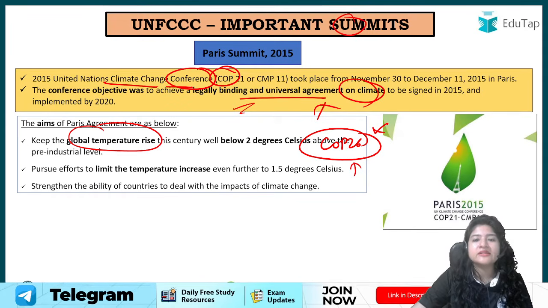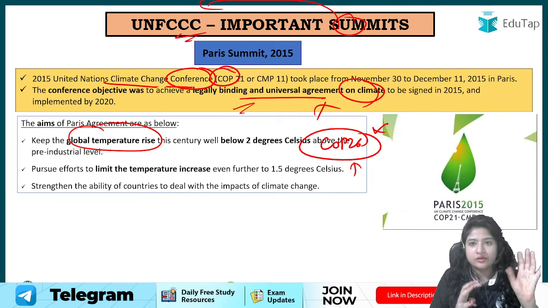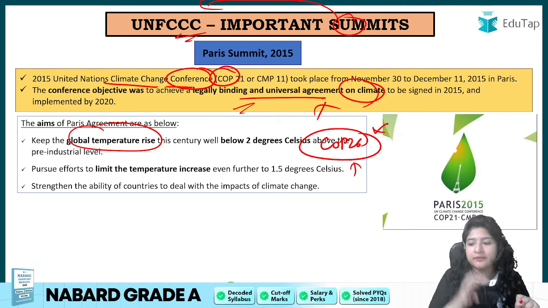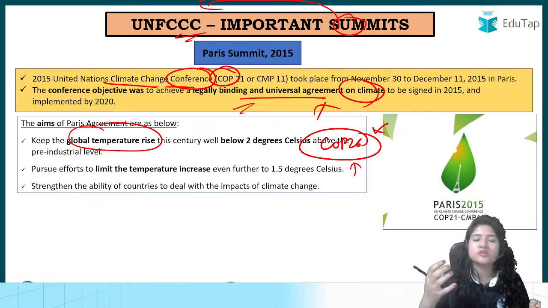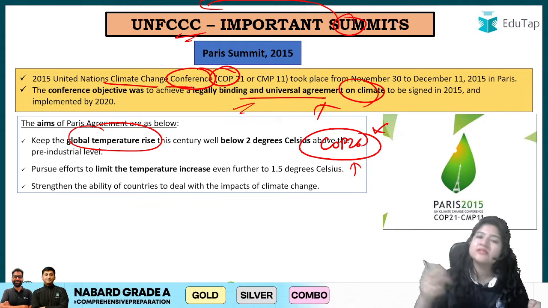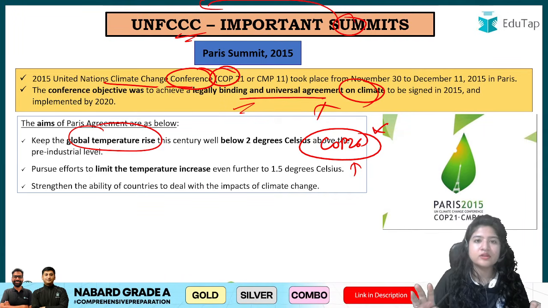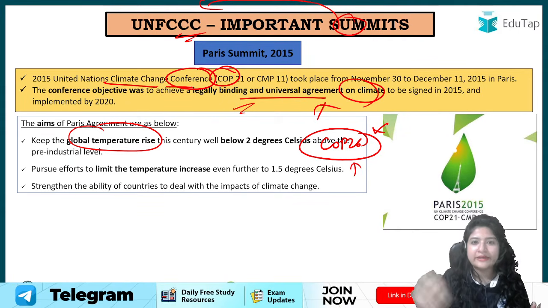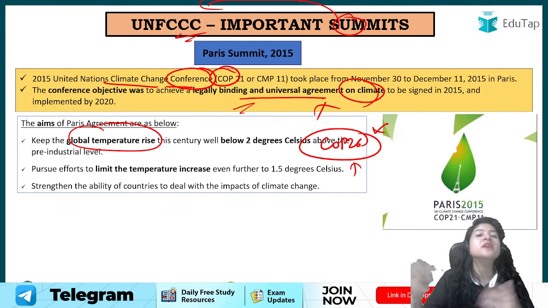And these summits are in fact part of your climate change only, so in a way you can interconnect them. But to have that segregation, your Kyoto Protocol or Doha Amendment was related to controlling the greenhouse gas emission into the atmosphere, and your Paris Summit is related to the overall focus, because global temperature does not rise only because of the increase of greenhouse gas. For example, deforestation is happening, because of that also temperature rises, right? So global temperature increases not just because of greenhouse gases but other factors also.